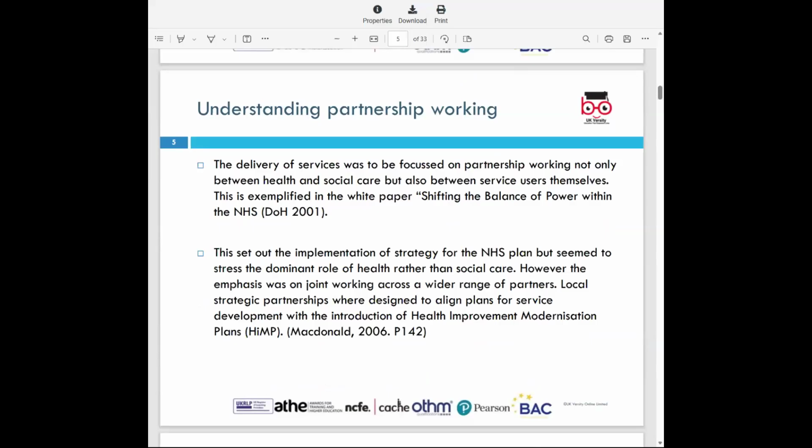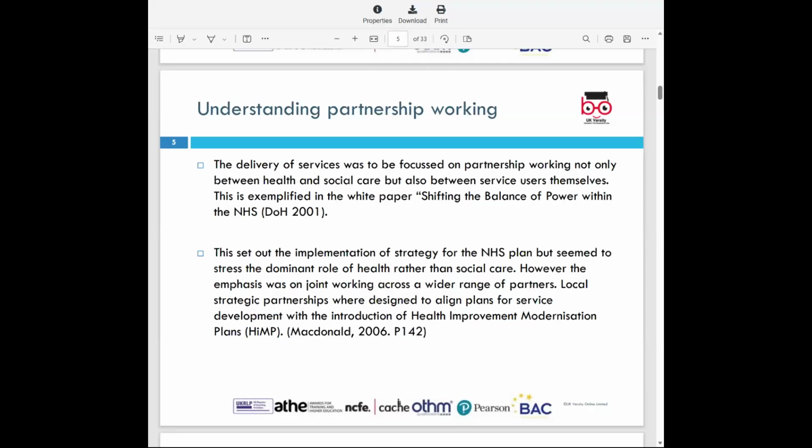Yeah, you could have shared goals, and you could have things like communication between different working environments. Also, you can share resources, can't you? So it does help. The delivery was focused on partnership working, not only between health and social care, but